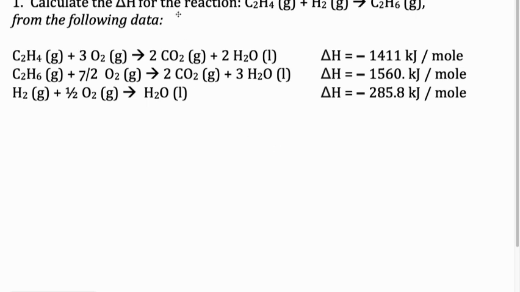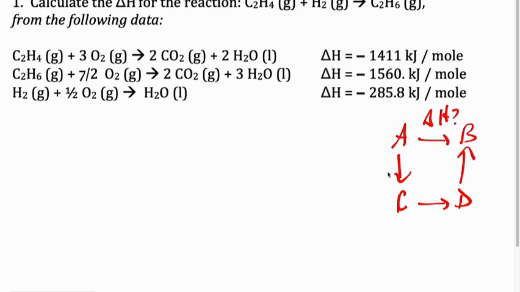And lastly, we're going to take a look at Hess's law. Now, Hess's law of heat summation basically states that if I have a reaction, let's say A goes to B, and for whatever reason I can't find the enthalpy change for this reaction, maybe because the reaction is too slow or too explosive, if I can find simpler reactions, so let's say we have a reaction where A goes to C, C goes to D, and D goes to B,